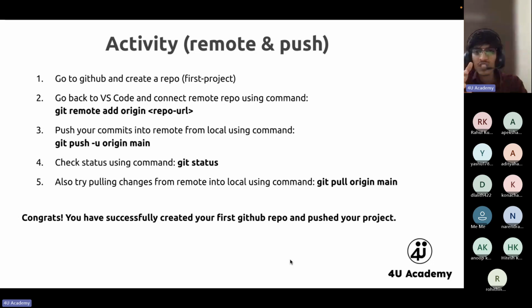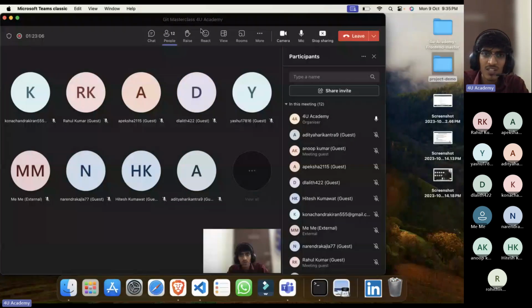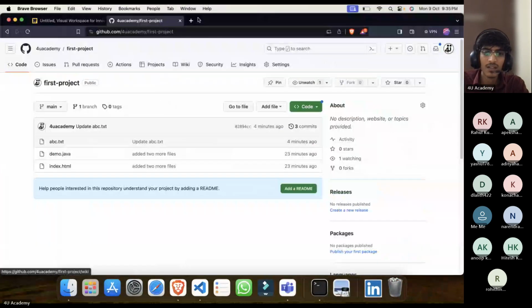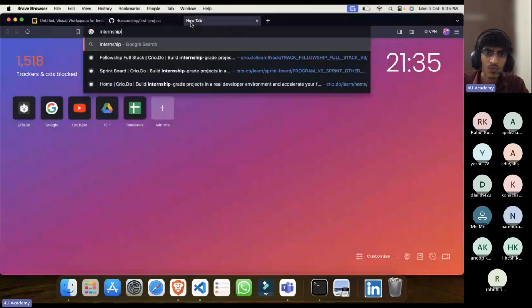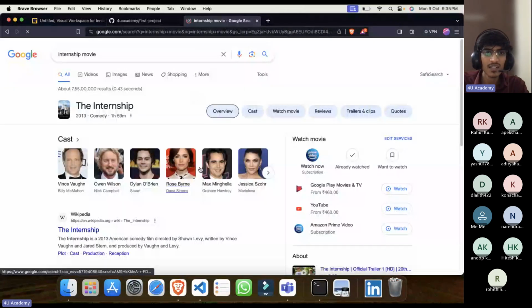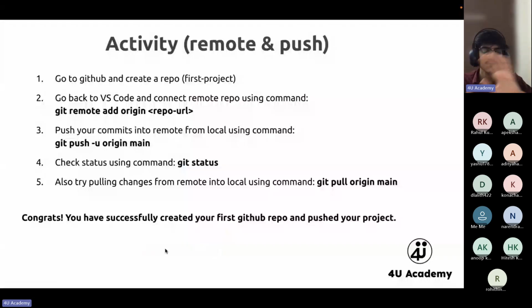There is this very good movie called The Intern. Very inspiring. You can watch it. And if you are really into the coding journey, you can watch The Internship. No, no, like there's a movie on internship. Let me Google it for you guys. Internship movie. Yeah, The Internship. It is a really nice movie. These guys take the internship in Google and enjoy it. So yeah, I can keep on suggesting because I enjoy too much. So yeah, your turn.